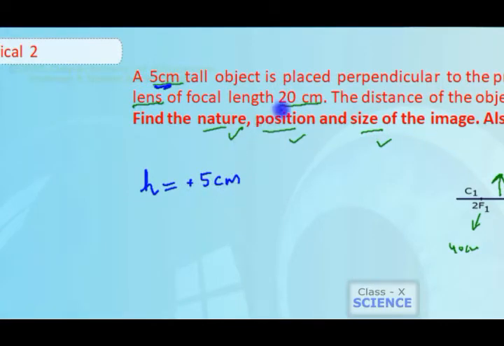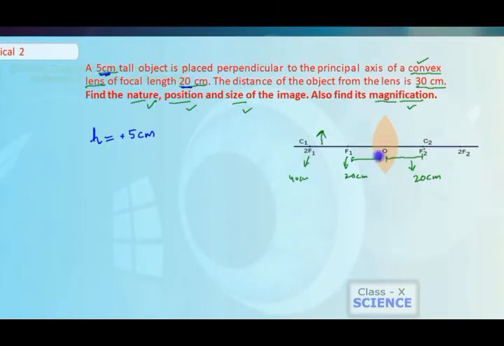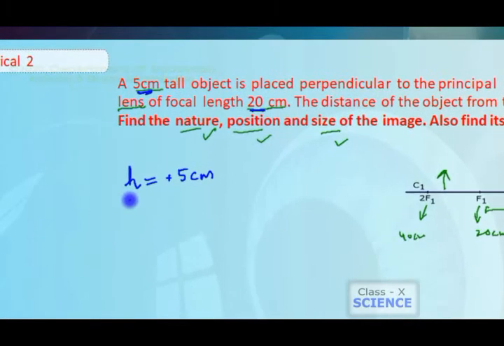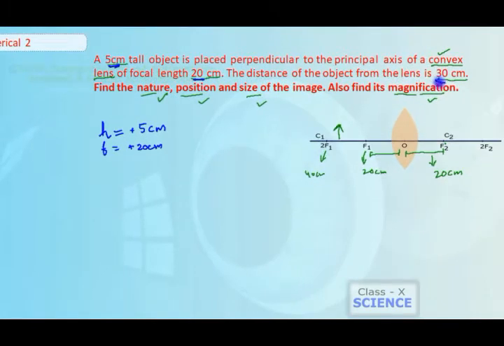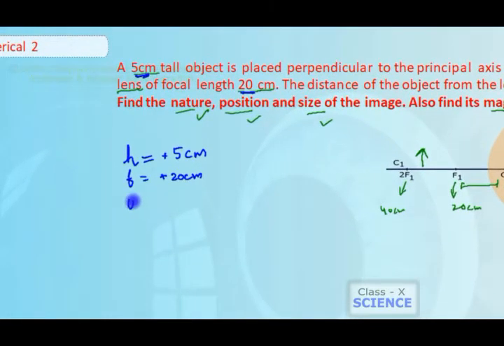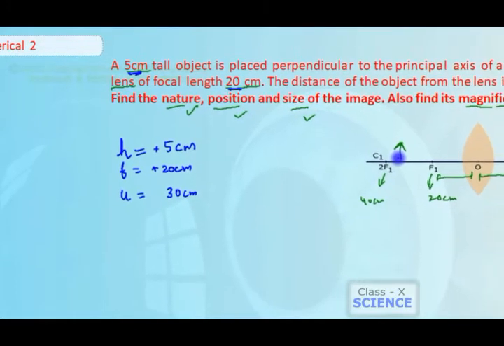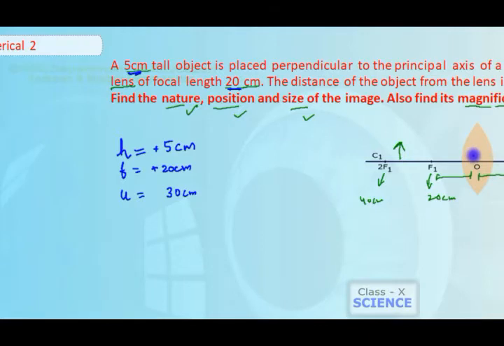Second thing given is focal length. So, whenever we talk about convex lens, then the focal length will be positive. So, we write f is equal to plus 20 centimeter. Plus we can omit also, 20 centimeter. What else is there? Here object distance is given as 30 centimeter. So, object distance u is equal to 30 centimeter, right, plus or minus? We know that the object is always kept on the left hand side of the lens. So, the measurement is taken from the optical center. When we go to the left side, then the value will be taken as negative. So, here minus 30, here minus indicates that the object is at the left hand side.